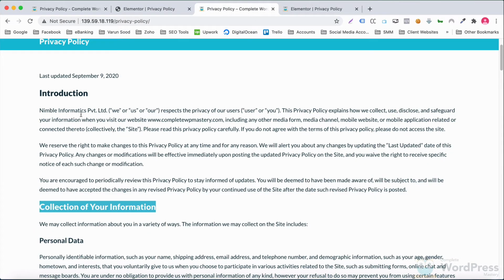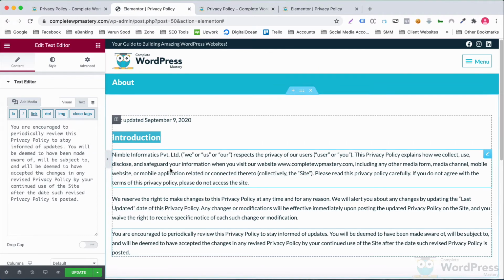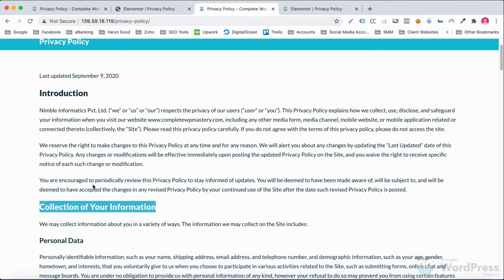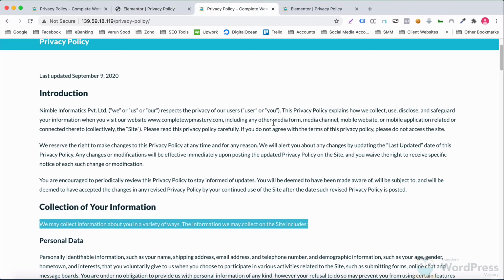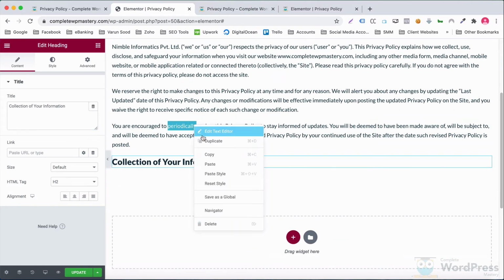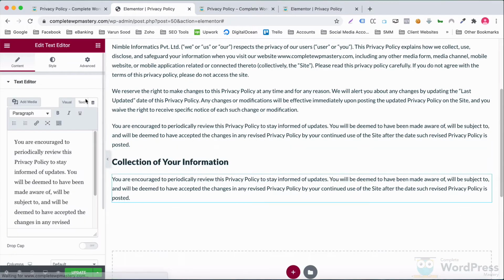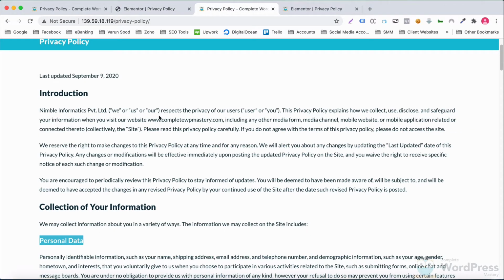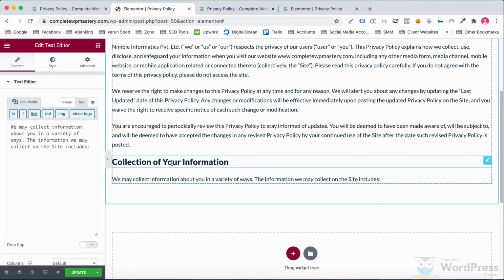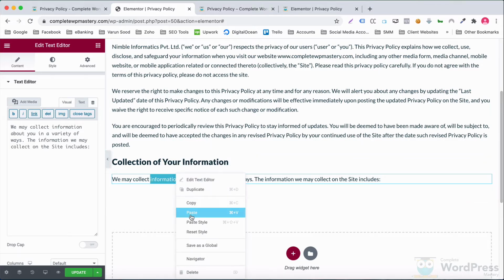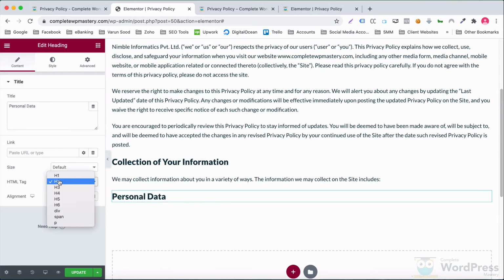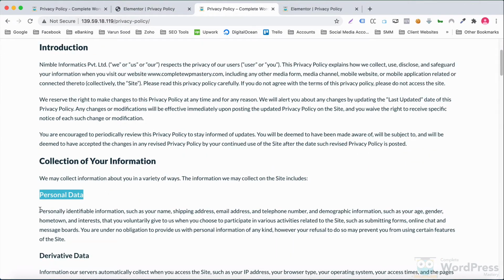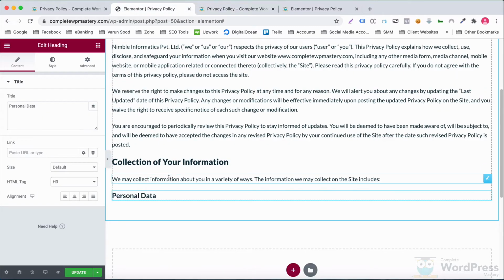Then we have another heading. A text editor, an H3 heading, and a text editor after that.